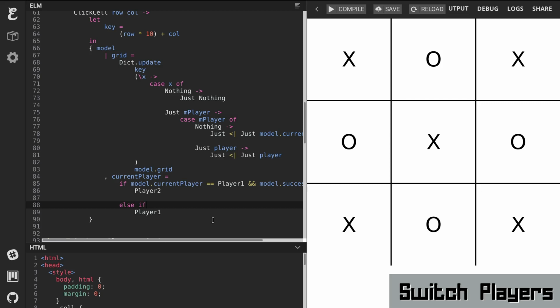Else if, so we have two situations. If model.successful